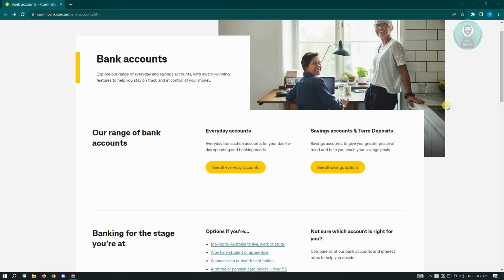So first thing you want to do here is go to their website. So that's going to be combank.com.au/bank-accounts.html. Now once in their website, the first thing you want to do is go ahead and